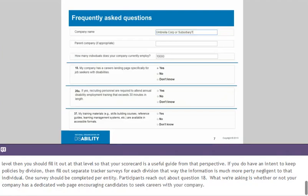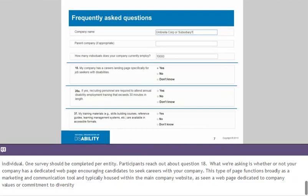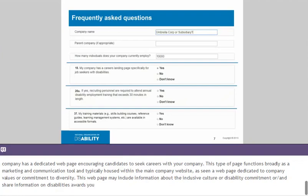This type of page functions broadly as a marketing and communication tool and is typically housed within the main company website, as seen with, say, a web page dedicated to company values or commitment to diversity. This web page may include information about your company's disability inclusive culture and commitment to disability employment, and or share information on disability awards that you may have won, stories of current employees with disabilities, etc. The key is we are looking for something here more broad than having an "if you require accommodations, click here"